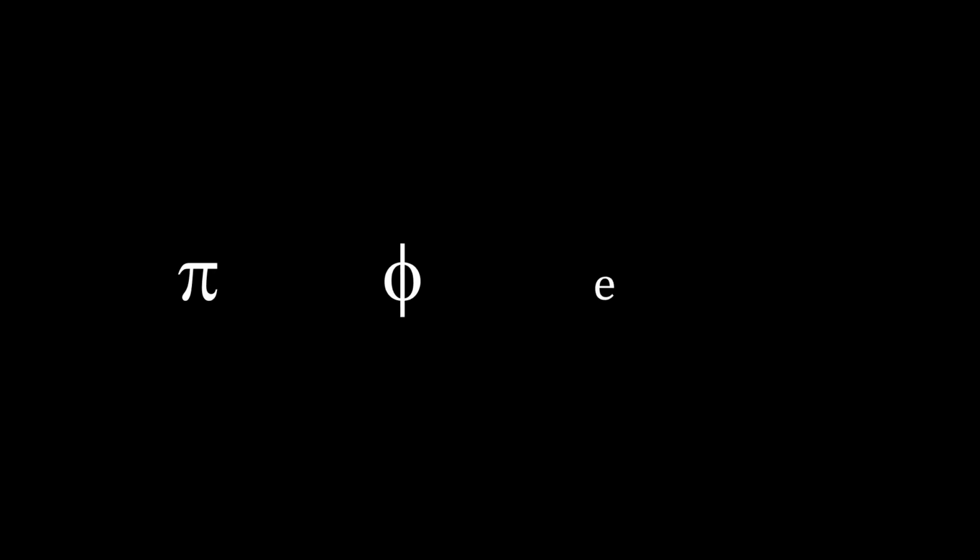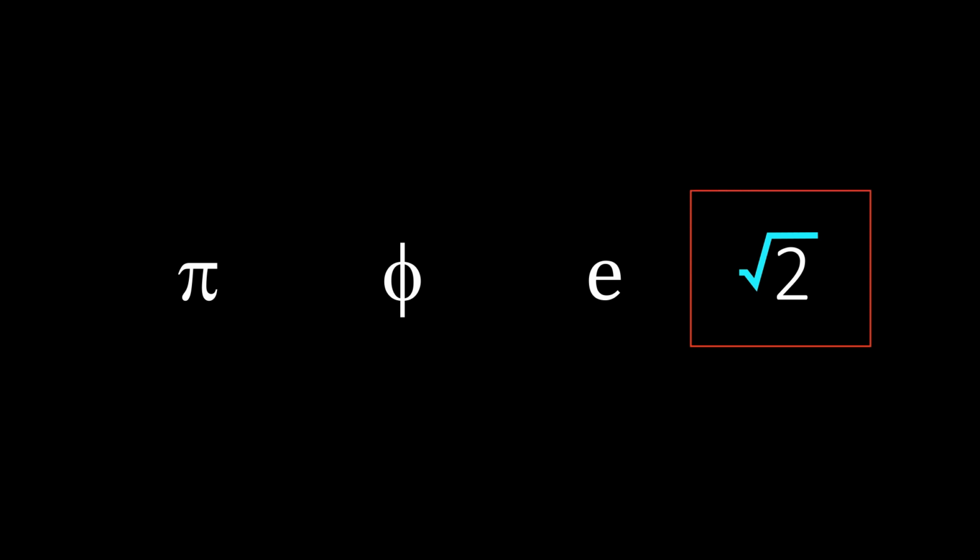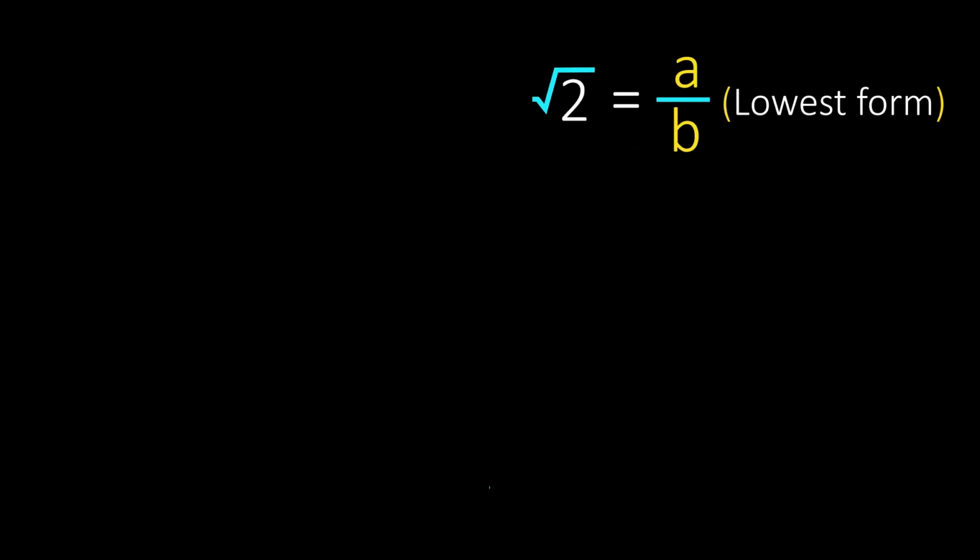Which number is the most irrational number? Let me show you two geometrical proofs that square root 2 is an irrational number. If square root 2 equals a over b written in the lowest form, then we can make